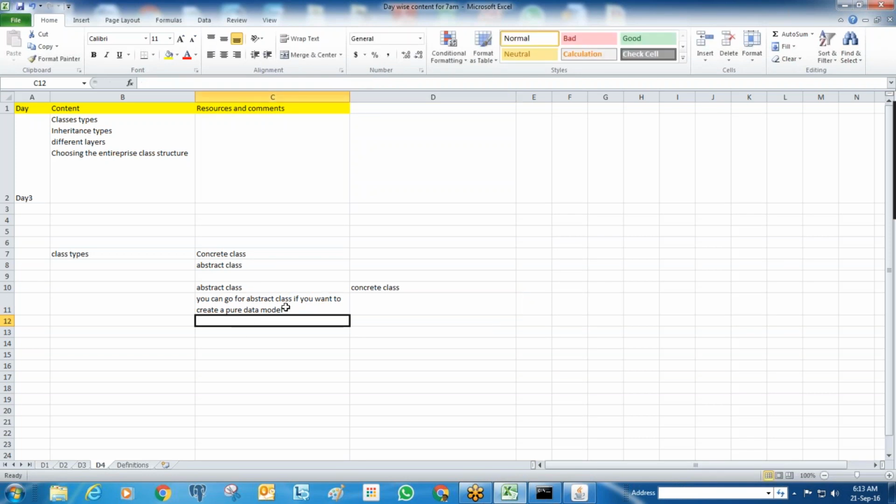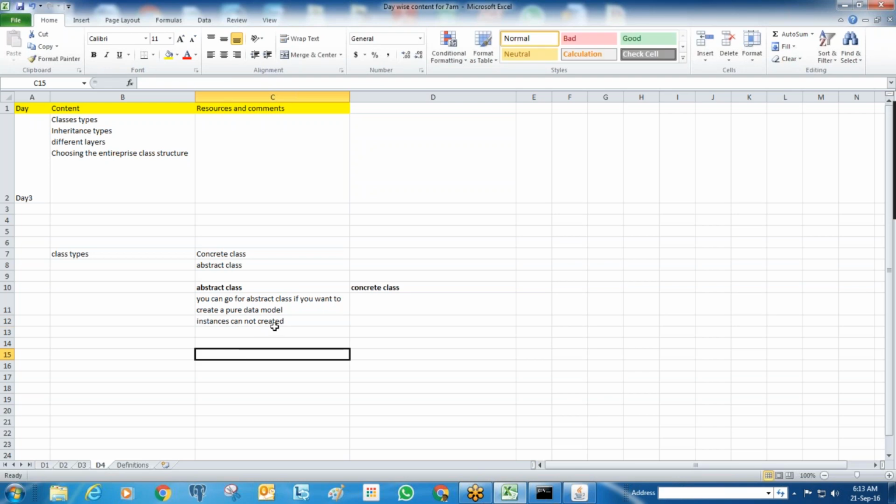One more thing is abstract classes cannot be instantiated. That means we cannot create the objects. These are generic statements; in any technology the differences are the same. For an abstract class, instances cannot be created.